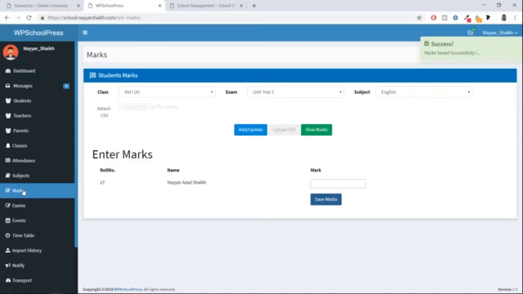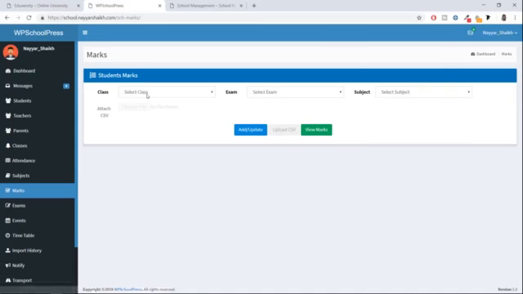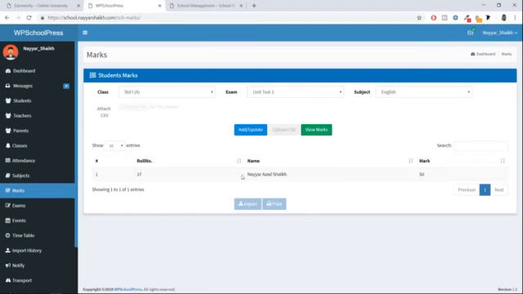Now when I click on marks, select the class, the exam and the subject, and click on view marks, I'll see all the students, their roll number, their name, and their marks over here, which is amazing. Now there are a few features that are not present over here, for example, to export or to print this. If you want to use this, you can contact them and ask them for these extensions. These are pro extensions. It will cost you a few bucks, but it will do this job for you.